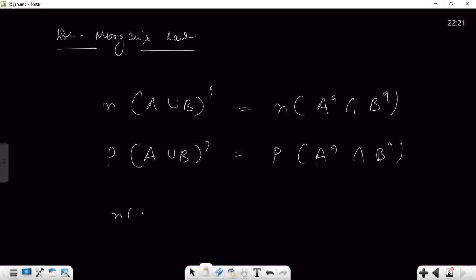Okay, and like De Morgan's law also says, here also, probability with the complement of intersections here, and then as probability of